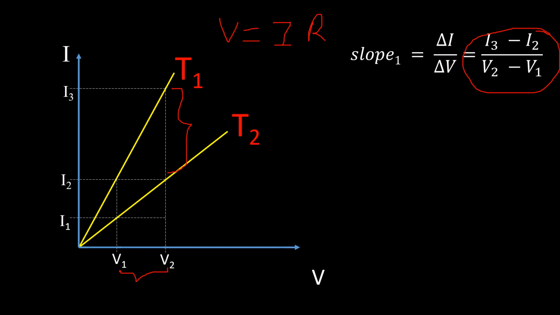Be careful, sometimes we are given a graph of V versus I. So if you have a graph of V versus I, in that case the one which is having more slope is the temperature which is at a higher value, and resistance there is more for the given slope. So in this case slope 2 is delta I by delta V, meaning I2 minus I1 by V2 minus V1. Okay, and slope 1 is greater than slope 2. So resistance at temperature 1 should be less than resistance at temperature 2, because I by V gives 1 by R.